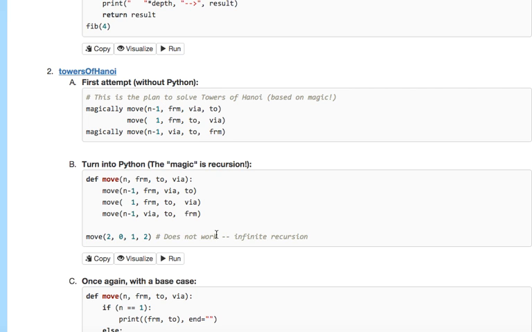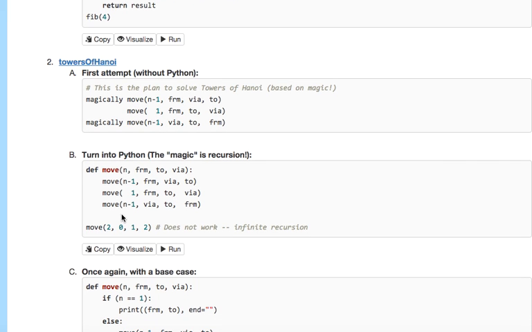So you turn this into Python, and this is what we get. That's a move, to move n disks from a post to another post. The via is that third post that we're going to use to temporarily hold on to the n-1 disks while we move the 1 disk to our destination. And then we'll move the n-1 from that temporary post to the target post. So if we want to move 2 disks from post 0 to post 1 using post 2 as the temporary,